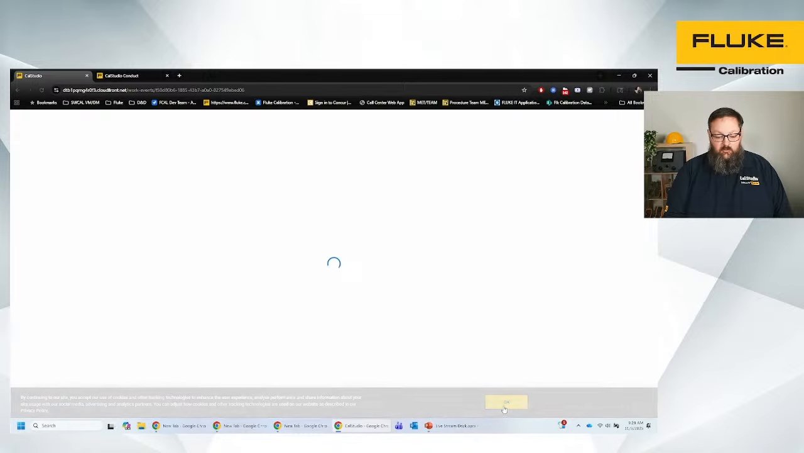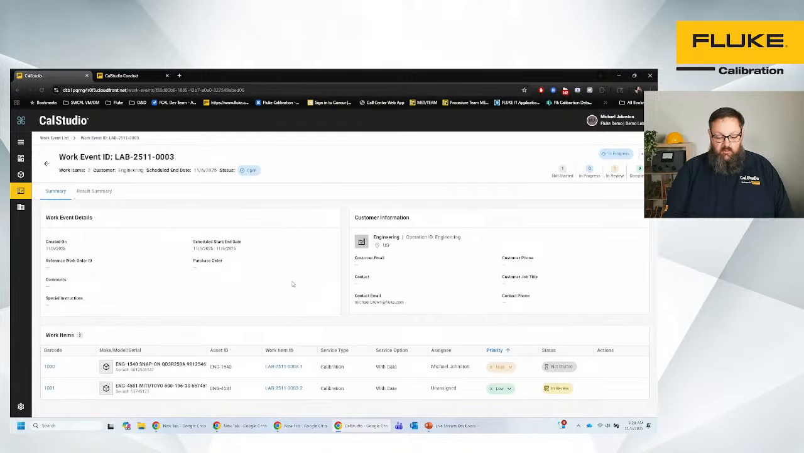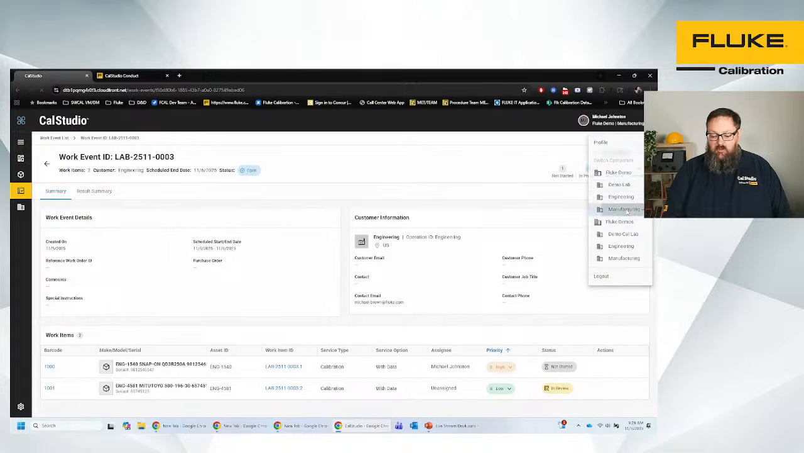And so what I'll do here is I'll just show that inside of the work event record here, you can see that this item has moved to in review, where it's waiting for a quality representative to review that data and approve it, which there's a workflow to go through that and do that and then close out the work event as a whole. Once that happens, I'm actually going to switch over to one I did earlier in the manufacturing side,